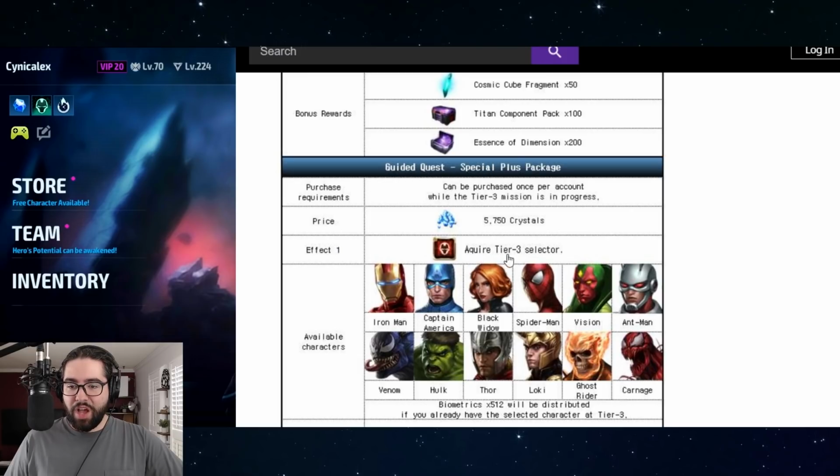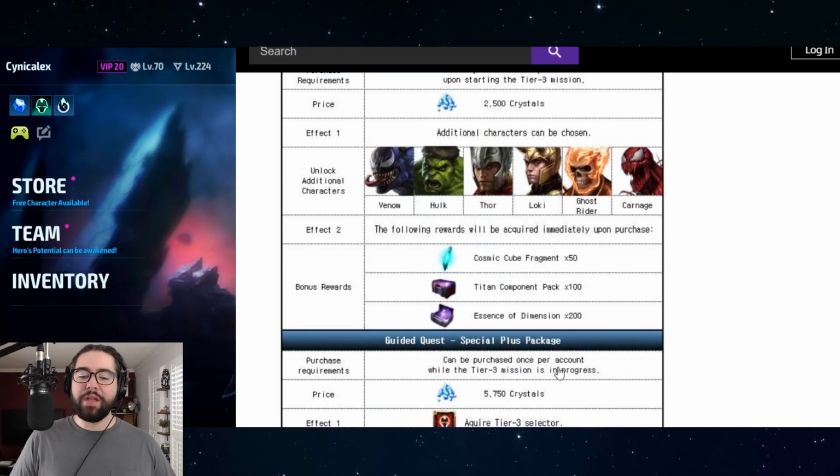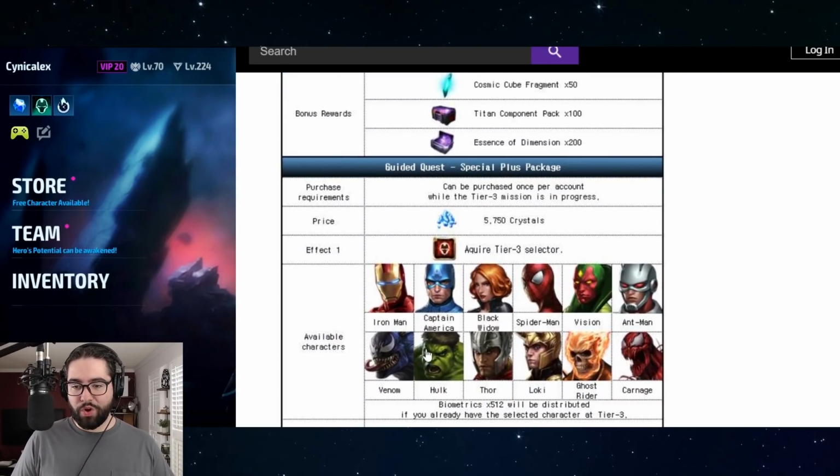It says effect, acquire tier 3 selector, available characters. So this is going to be a special. Oh, you got to be a little bit careful. Sorry, I misspoke. This is not a regular tier 3 selector. We got one of these for the 6-year and 5-year anniversary. Characters like Winter Soldier, Cyclops are on that. This is a special tier 3 selector where you can only choose from these characters, but still, you could get